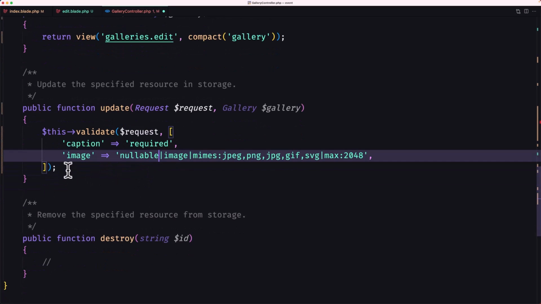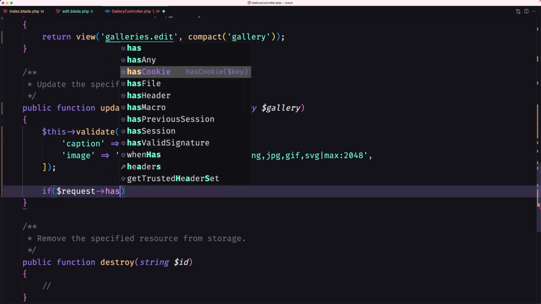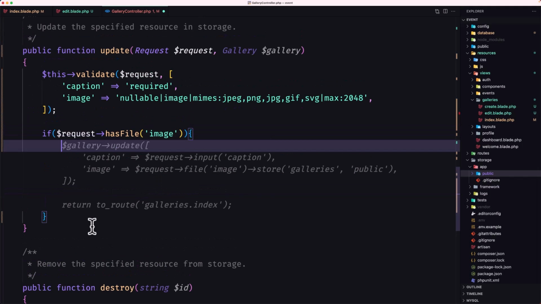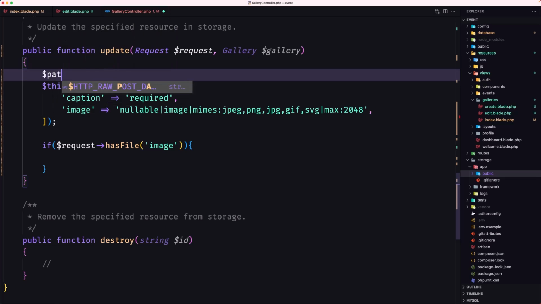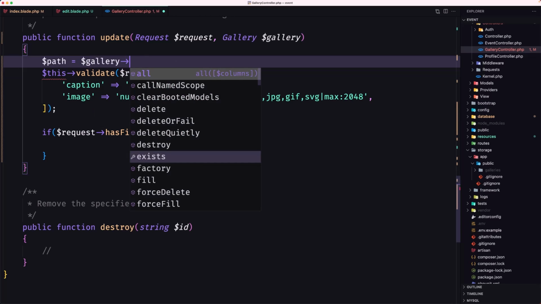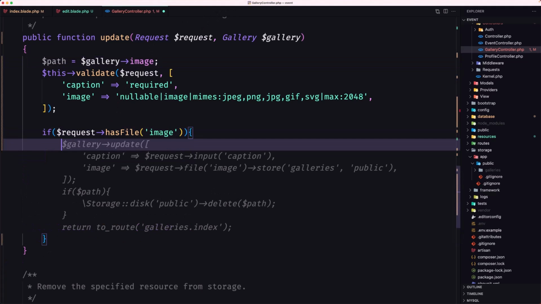Okay. Now let's start and work with this. We're going to check if the request has file, and the name of the file is image. Now first, if we have an image, we need to delete the image this gallery has. So what I'm going to do here is say $path to be equal with $gallery image, like this. And then, if we have selected a new one, we need to delete that